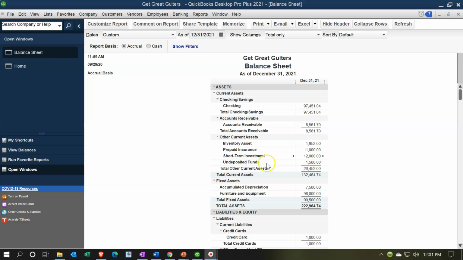Also note that if you want to get into more detail on these investment type of accounts, I'm not going to get into a lot of detail here because it would be something that would be particular to a certain type of business, one that basically invests, or you might use QuickBooks for your personal investments and track your investments in that way. So the question is, how much detail do you want to have in QuickBooks? In other words, you might put just the total of your investments in here, or you might break it out by your investment company. For example, if you invest in like a Vanguard or an E-Trade or your bank,